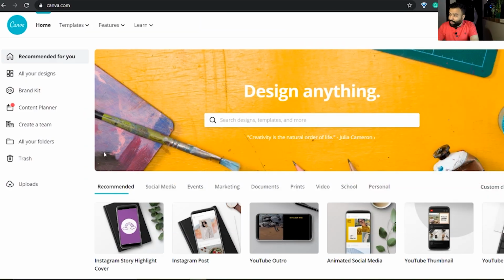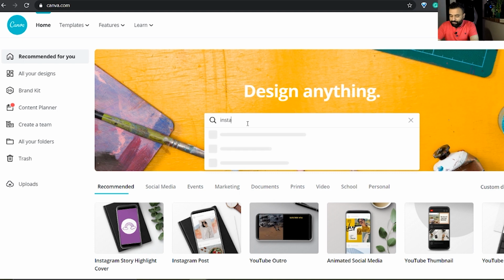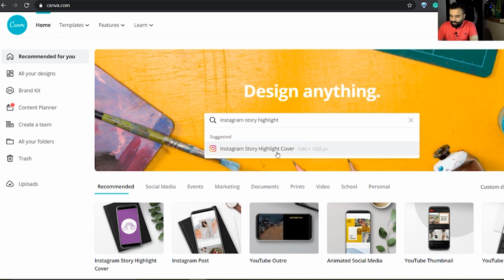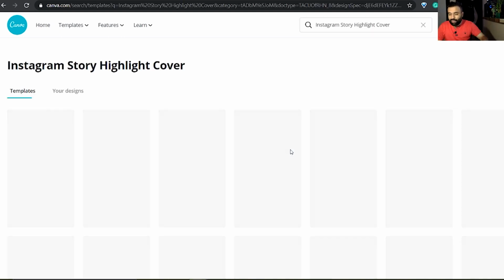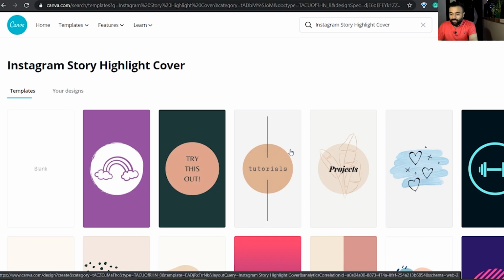So now that we are on my computer screen, I have opened canva.com. Over here you can type Instagram story. So you will see this particular suggested option which is coming over here, and it also has the basic dimensions which are highlighted. You don't have to do anything, you just have to click on this one and it will automatically create one for you.